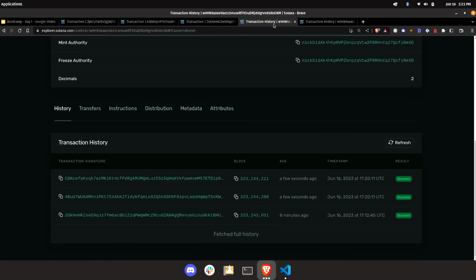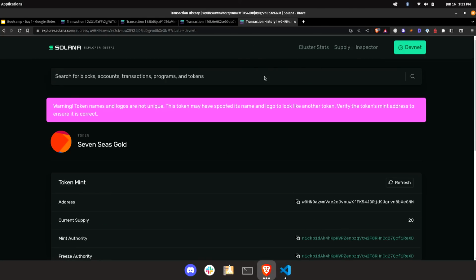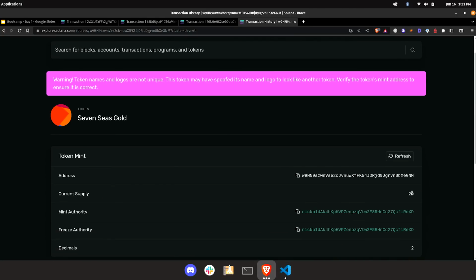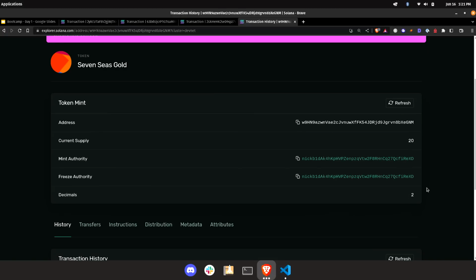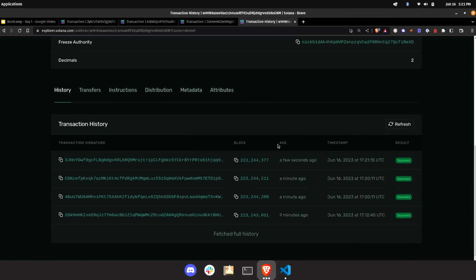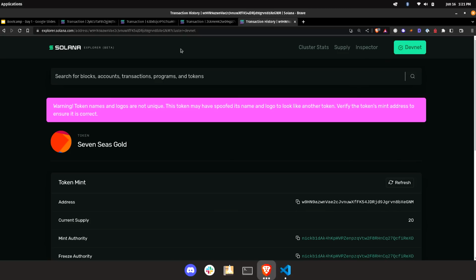So we can open this back up. We can go ahead and close this other one. And you can see now our current supply is 20 tokens, still a decimals of 2 because we haven't changed our decimals. And we have an additional transaction that has occurred. So super cool there. So the next thing I want to talk about is that you can actually update your